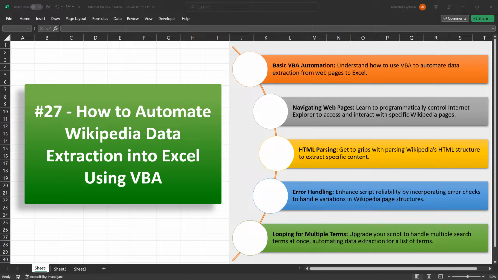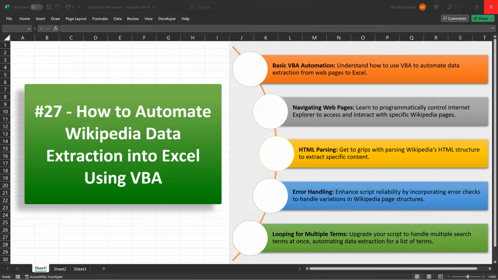In this video, we're going to continue building on those foundational skills by showing you how to extract Wikipedia data to Excel using VBA. We will be focusing on understanding the fundamentals of web scraping as we learn how to pull data from Wikipedia pages directly into Excel, learning how to extract specific information, specifically how to grab only the paragraphs you need, discovering techniques for handling variable page structures to make your code more robust for different Wikipedia layouts,